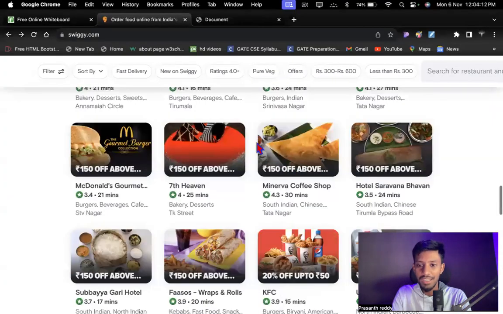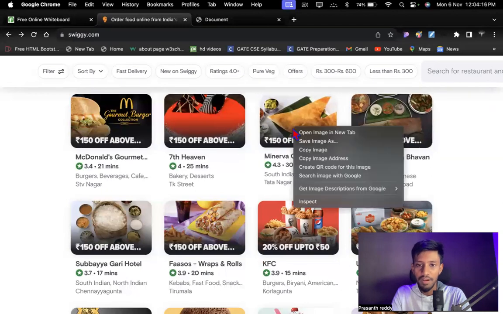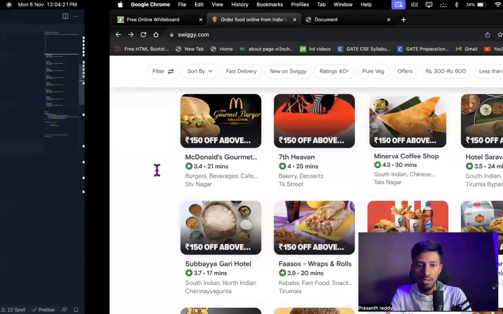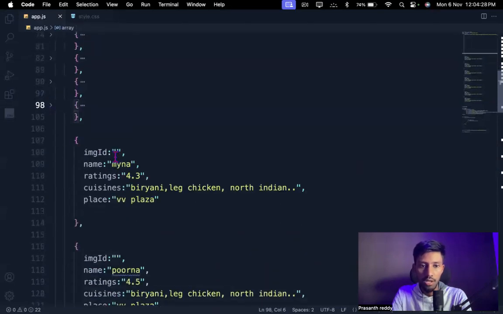Why has Swiggy taken this much complexity? Because it's a huge application. Okay, Minerva Grand, such an awesome, it's the most costliest restaurant, guys. Minerva Grand, some other things, right? Let me close it up. Let me go here. Let me go here.